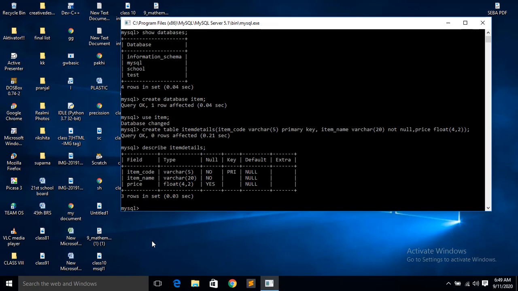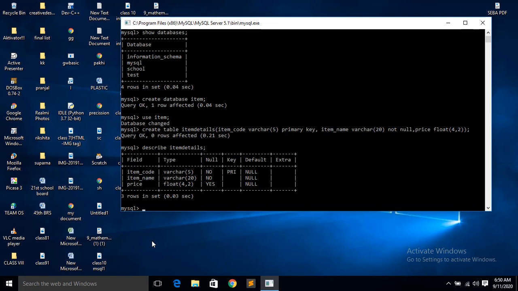Item code, the data type is varchar, the space you have given is 5, Null is no. Since it is the primary key, the null value is no. And item name, varchar, we have already given not null, so here it is no. Then price, Null is yes, because we have not given any constraint, so it can be a null value.